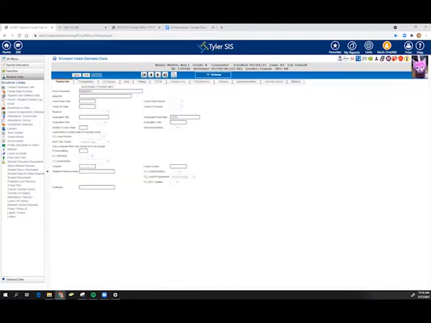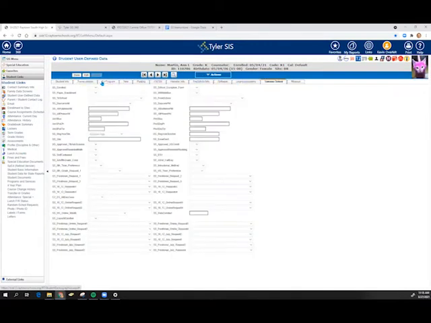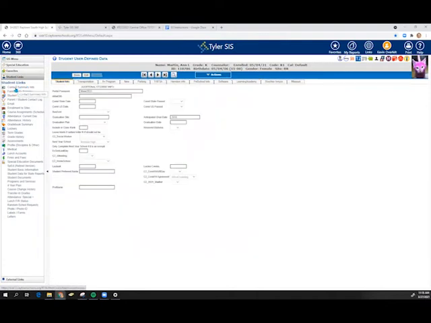One of the first things that you can see here is that I'm under student user defined data. I'm going to find all kinds of information under here, such as their password, what school they're going to be going to next, anticipated grad date, as well as what kind of instructional method they are taking, such as virtual or in person. I can also find transportation information, summer school information, and pretty much all kinds of information under these tabs.